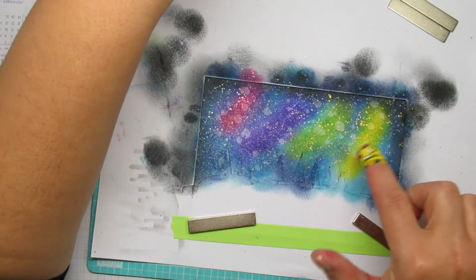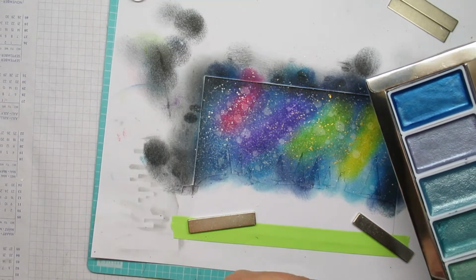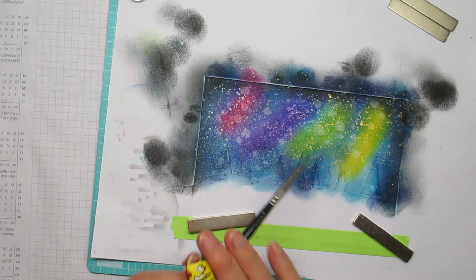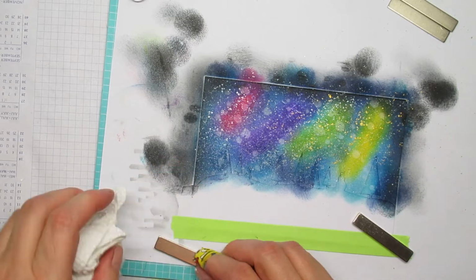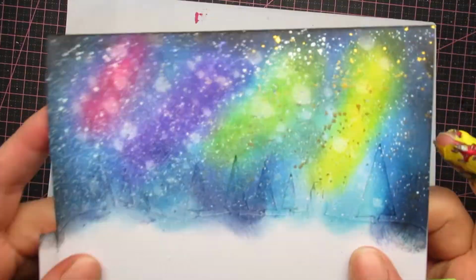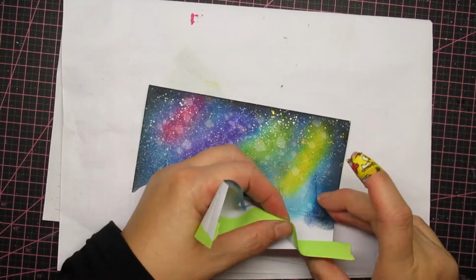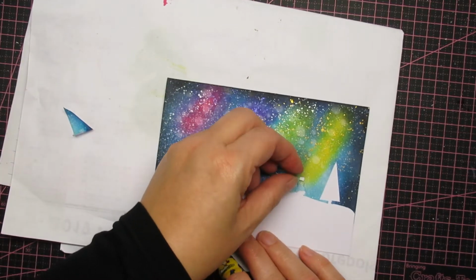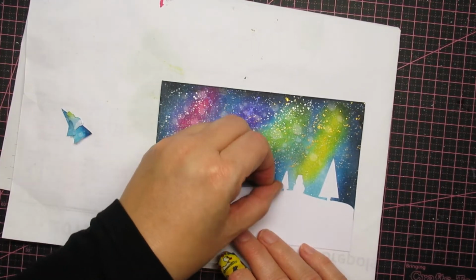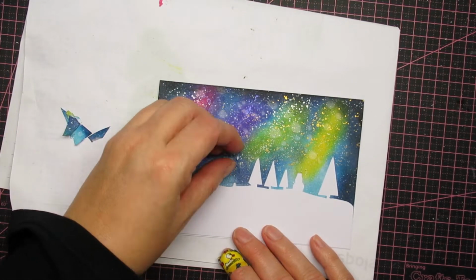But they're metallic as well, and pearlescent, they're really nice. So I don't have a purple, but I went with a lilac-y color, and it's just for some shimmer, as if they're stars. And of course it's not a traditional Christmas card, I guess. I like it. There's snow, it has the Aurora Borealis, as if you're in the Arctic Circle. I kinda like that. And now the masking paper, of course ripped, because it's so dainty, so you can't reuse